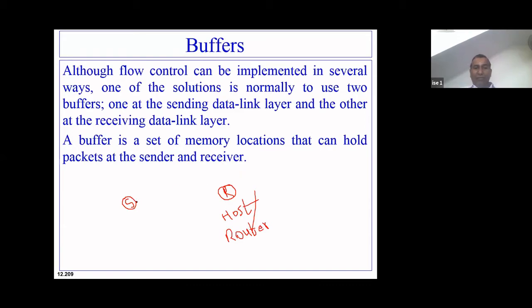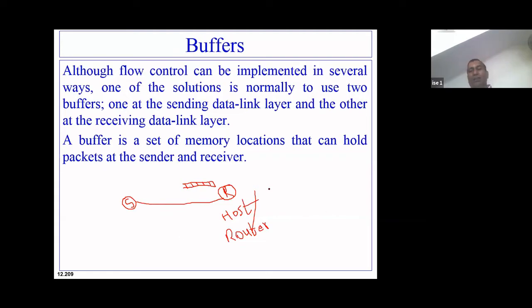The receiver or the router will always have something called a buffer. A buffer is a temporary memory location available with the router to accommodate the data that is coming from the sending source. Suppose this router can accommodate 1, 2, 3, 4, 5 packets or frames coming from the sending source.